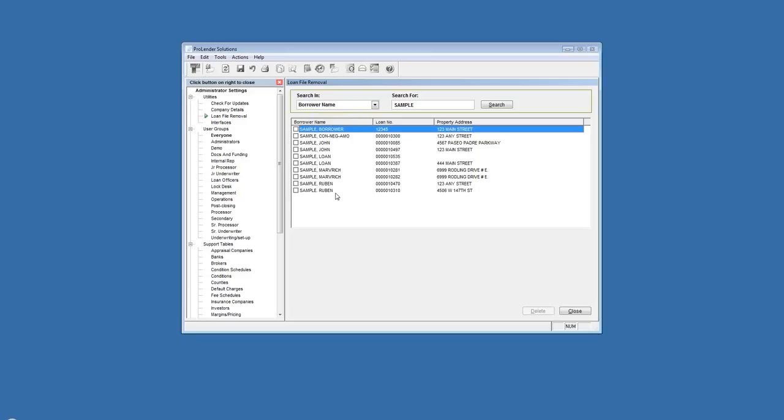And it's going to give you a list of loans to choose from. Check the box next to the loan you want to delete and click delete. Now keep in mind that once the loan is deleted, it's gone for good. So it's really important that when you do come in here to delete a loan, that you are absolutely positive